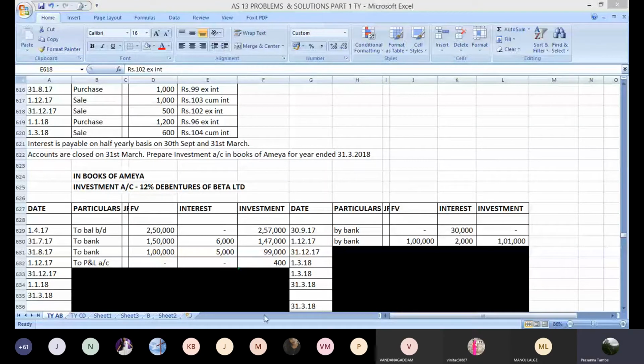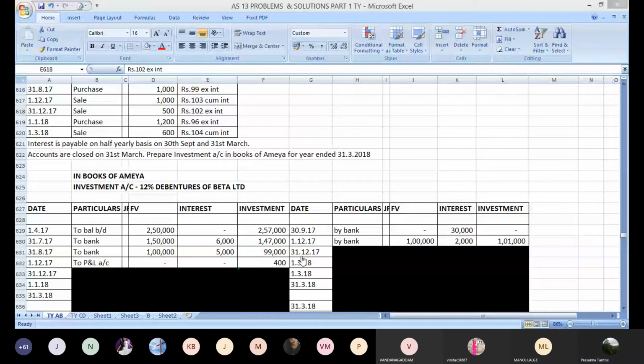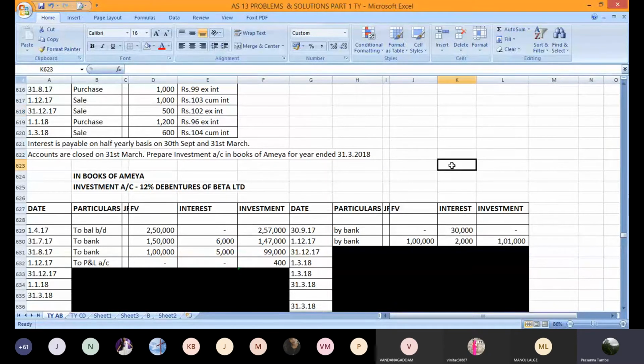The buyer will pay you the interest. So when the buyer pays you interest, it will be from last payment date till date of sale. Your last payment date is 30th September. So 1st October onwards till the date of sale, he will pay you the interest. How many months interest is to be paid in this case? 3 months interest. So when you sell the debentures, you will additionally ask him to give you interest for a period of 3 months. Based on that, let us see the calculation.